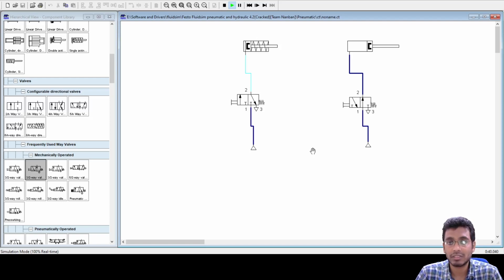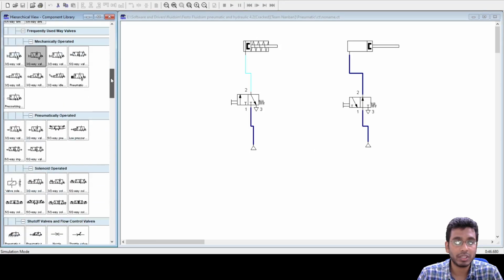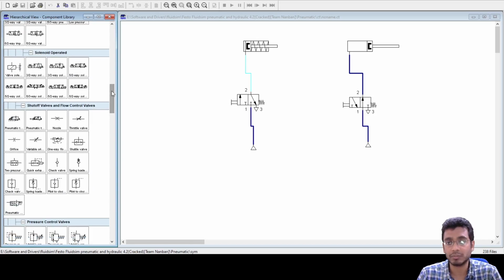So what about this normally closed and normally open roller valve? That functionality will also be the same, depending upon how you want to sense it.